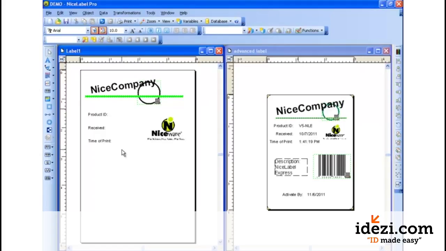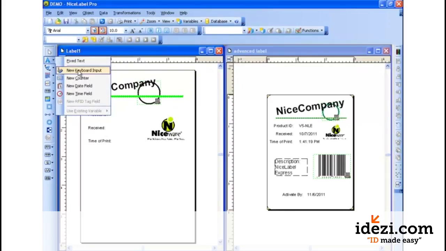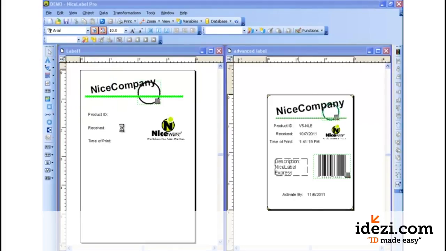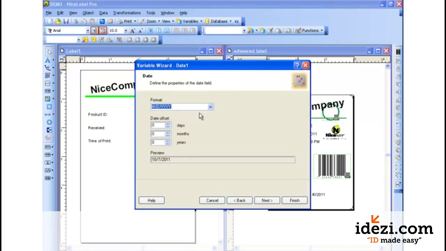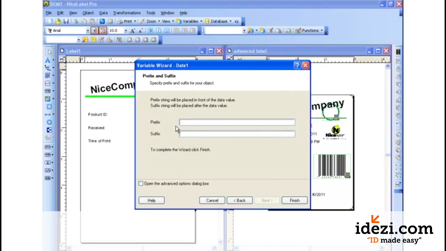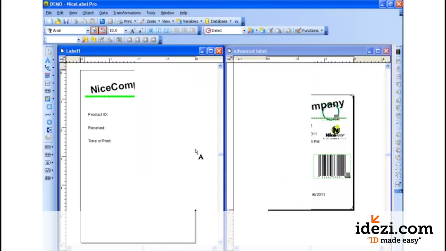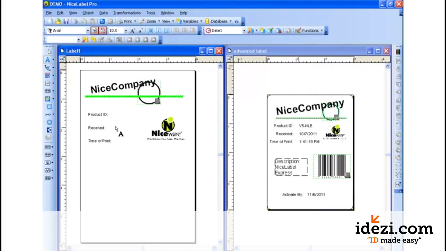Now we want to make sure that for the received and the time of print that we are using the text box. But we can use keyboard input, a counter, the time field, or the date field. So we're going to use the date field for received, and it'll walk us through a wizard. We can choose the format, and you also could offset it if you like. You can add a prefix or a suffix, and then we can hit finish, and I'm able to drop it